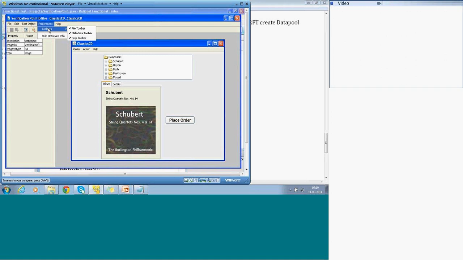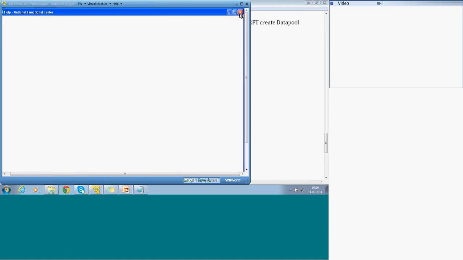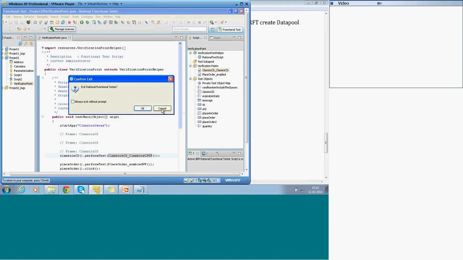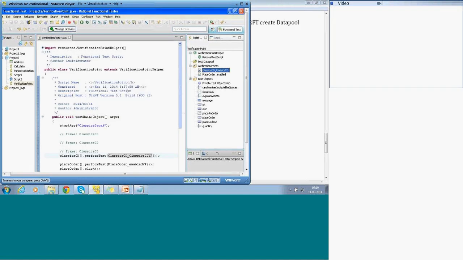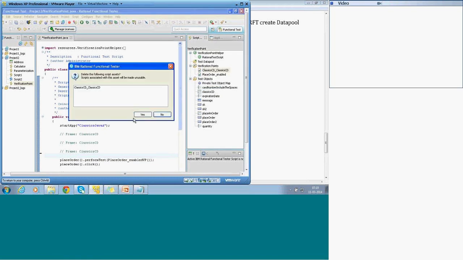It doesn't allow me to change it. I need to recreate a verification. I'll do that. That is easier to do. So I'll do that. And what I do is I just remove this verification from here. I'll redo it because that retry time I need. So I remove it from here. That line is removed.